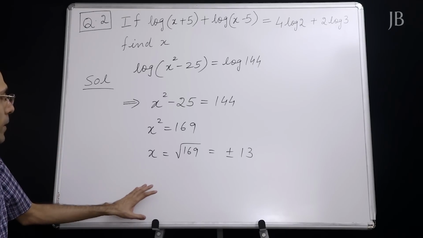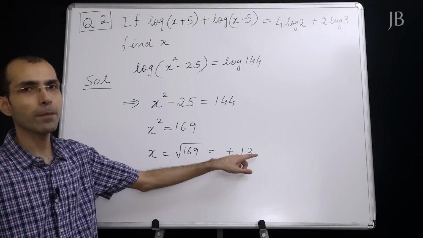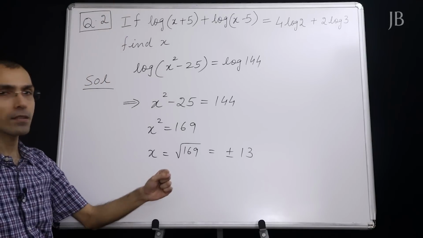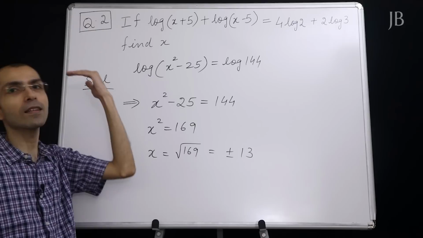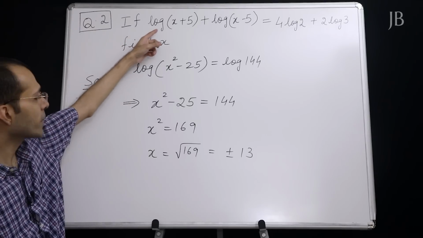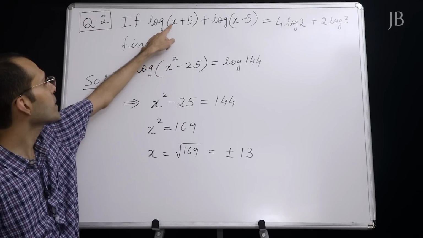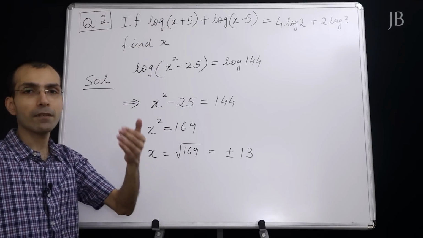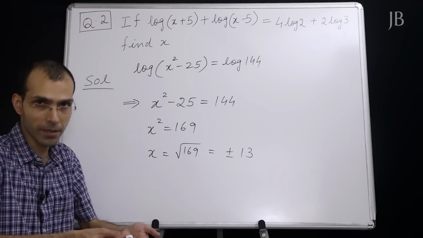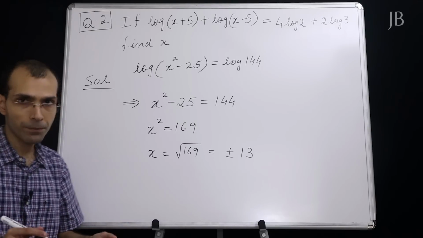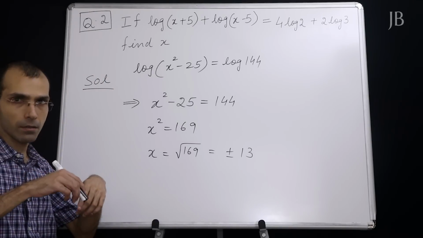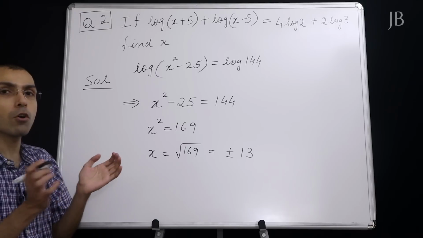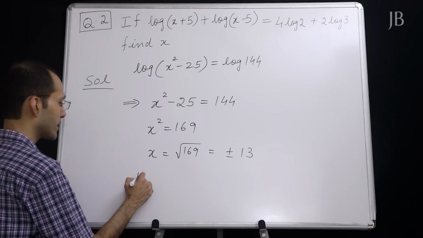But then here you have to be careful. Minus 13 we won't be able to consider, because if I put it in the original equation, always put it in the original equation to verify your answer, don't put it somewhere in between. If you put x as minus 13, you will get minus 13 plus 5, that is minus 8. So it becomes log of minus 8. And we told you in the beginning, log of a negative number cannot exist at the school level. Log of a positive number can be negative, the answer can be negative, but you can't have log of a negative number. So here we will have to write discard